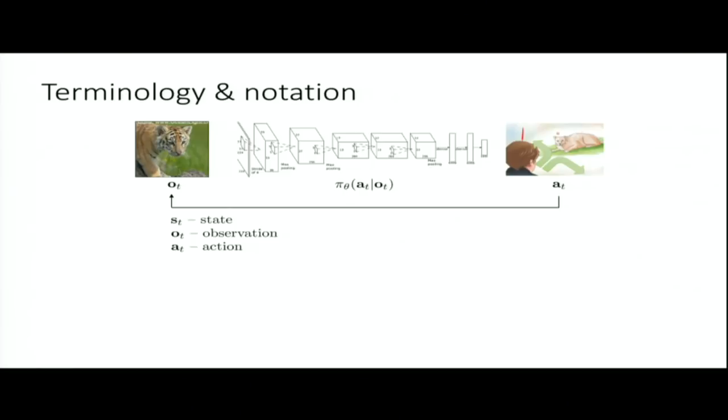In the 10 minutes I have left, I'm going to give a little preview of what's going to come next, and then we'll really dive into reinforcement learning on Wednesday. So if we want to go beyond imitation, one of the things we need to do is define what it is that we want.